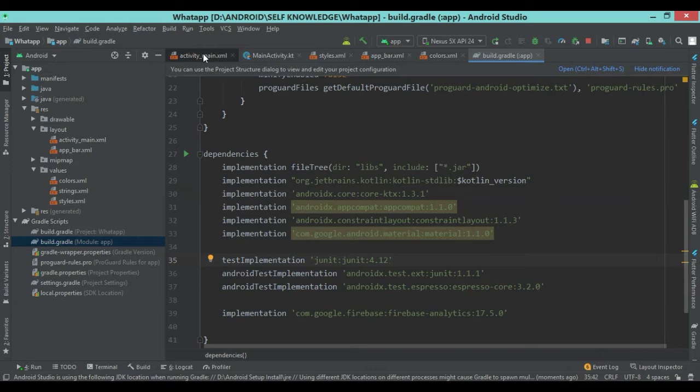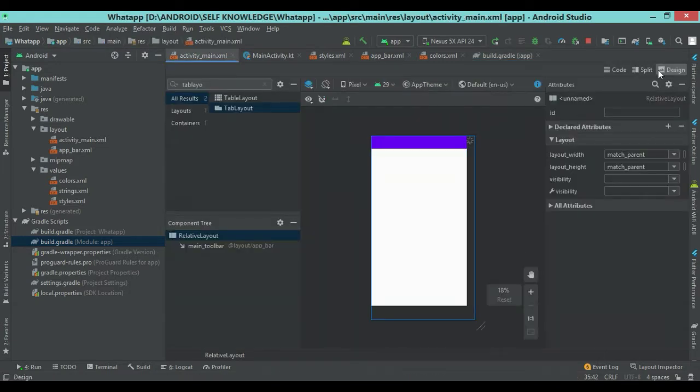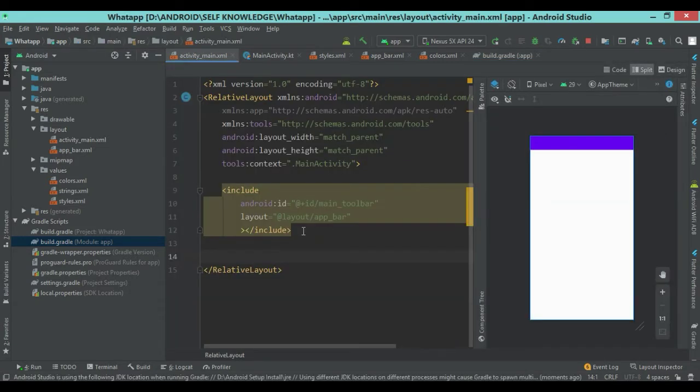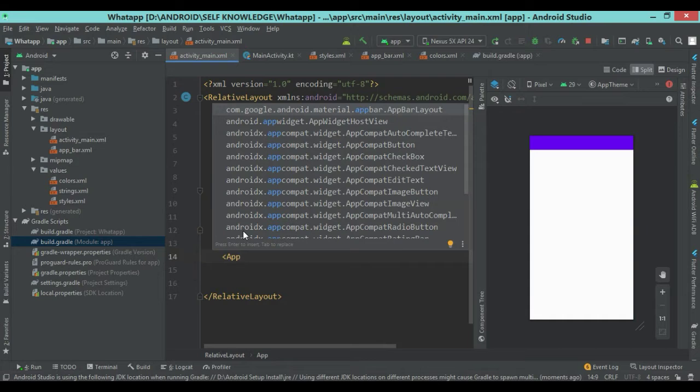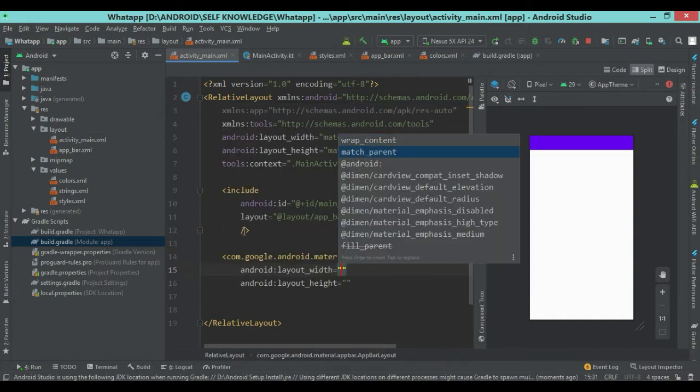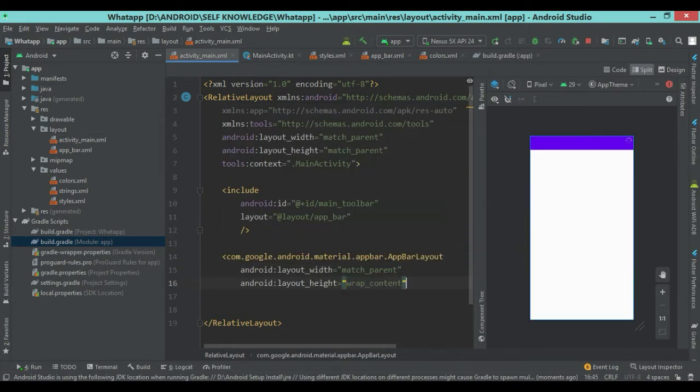Now go to the activity_main file into the code part, and you simply add here AppBarLayout. Okay, AppBarLayout, match_parent and wrap_content.